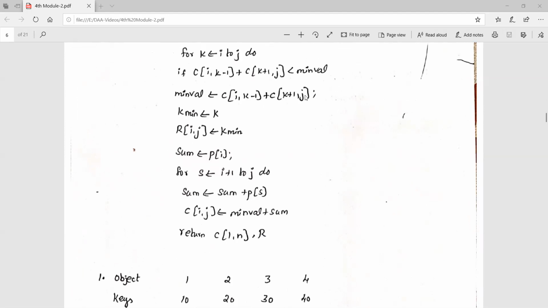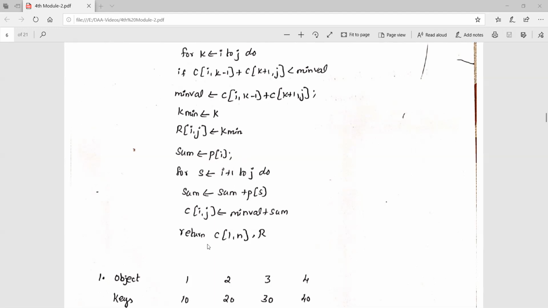If the k value is equal to 1, 2, 3 and 4, the probability sum will be the same for all of them. So we can find the minimum value, and after finding it, finally we add the sum. If you want, you can add it here also. We can reduce this.